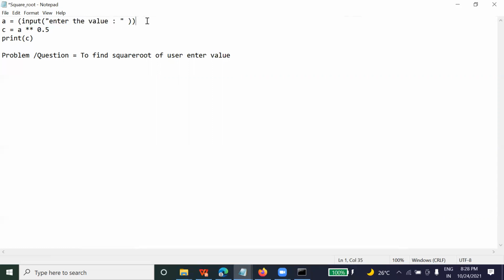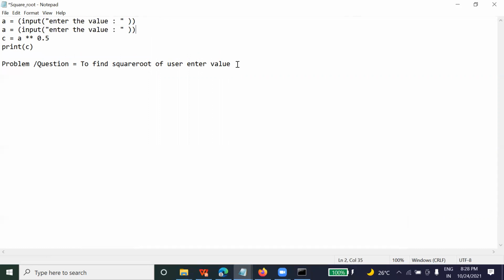So now add these two variables. This is a problem to find the concatenation of user input values. For that, you are going to ask the user to enter a value.